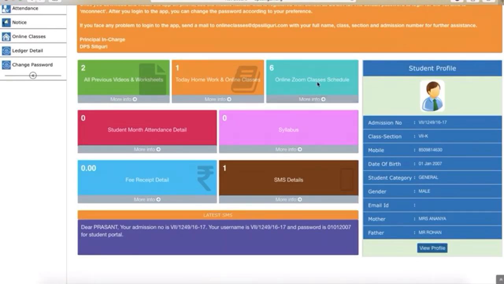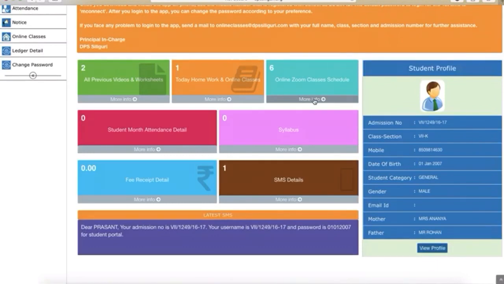Till last week, you were going to the Zoom online classes button, and when you clicked on that button, it opened a link from where you could download the PDF file which had all the details of when the class is, what time, what date, which subject, and the respective meeting ID and password. But that is going to change a little bit from tomorrow, that is from 29th June onwards.